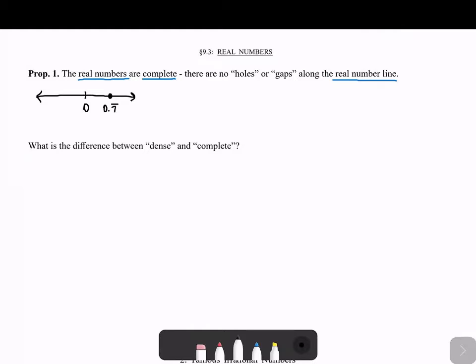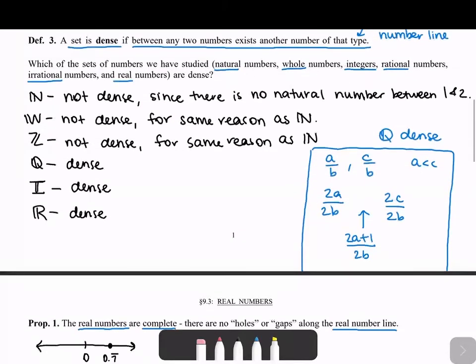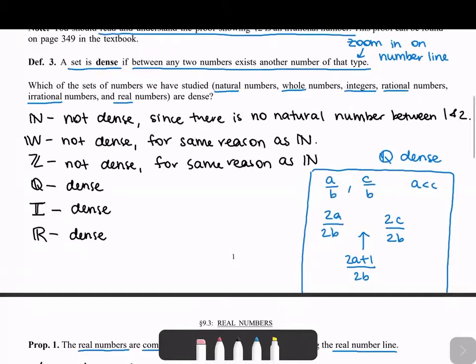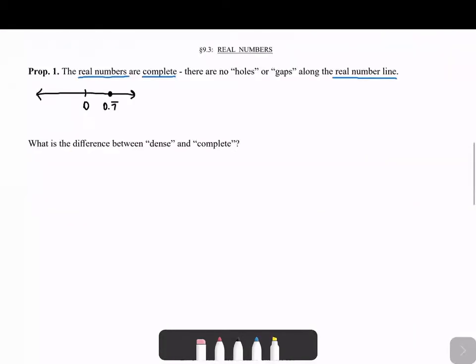So you may hear this and say, well, that sounds really similar to dense, because dense says between any two numbers exists another number of that type. And we said that you can think of this as zooming in on the number line, specifically the number line of that type. So there's a really subtle difference here, and it has to do with what we start with. So dense starts with